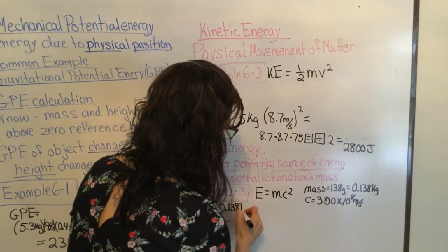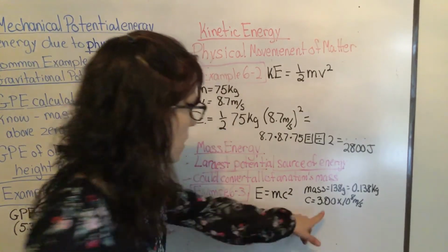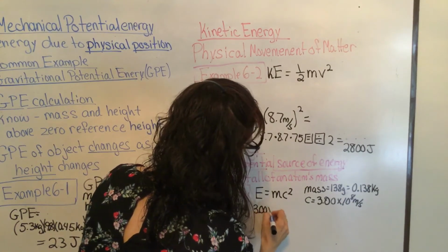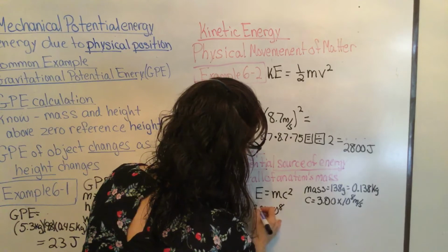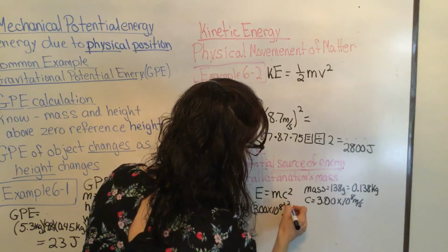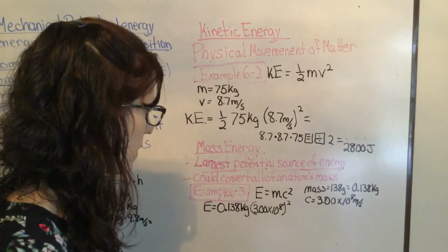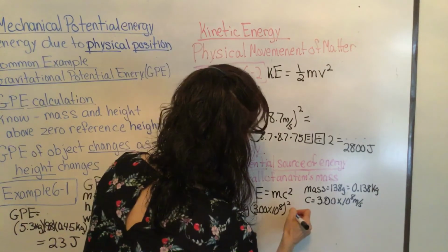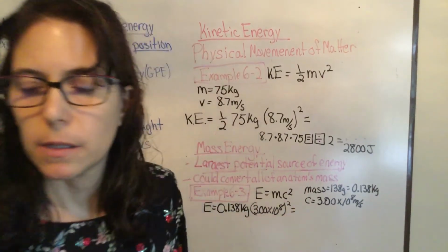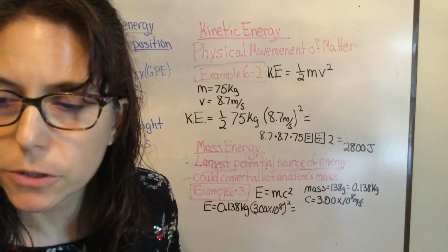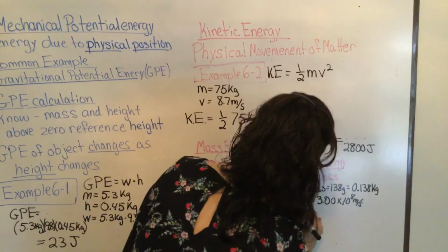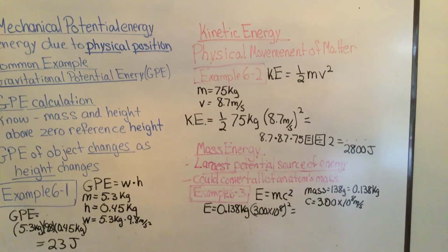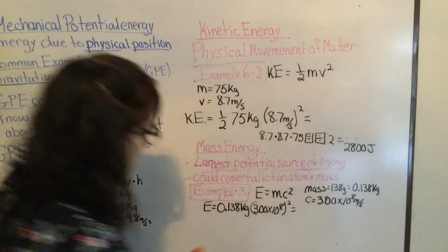Type this in and make sure you get it, because here we go. 3.0 times 10 to the 8th, and that will be squared, in meters per second squared, and that's going to give us an answer of 1.24 times 10 to the 16th. Let's see if I have room to write that any lower on the screen. I do. 1.24